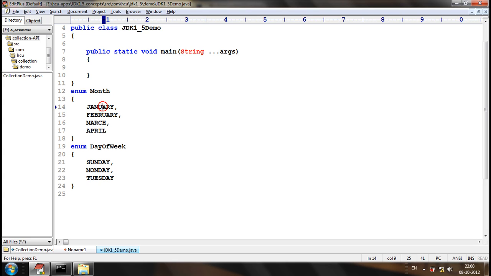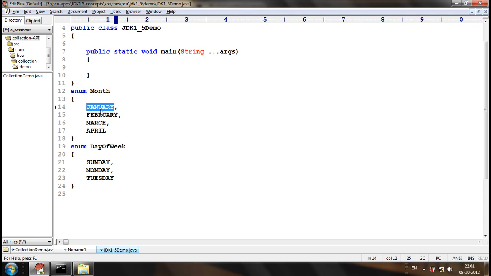Each and every enum constant will act as an individual enum object. See, enum is an entity. For an entity, we can create an object, except for interface. For interfaces, we cannot create objects.